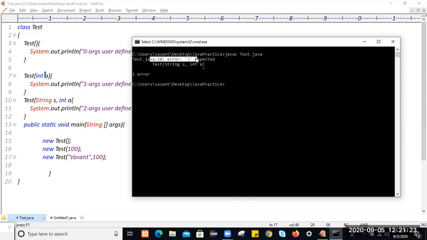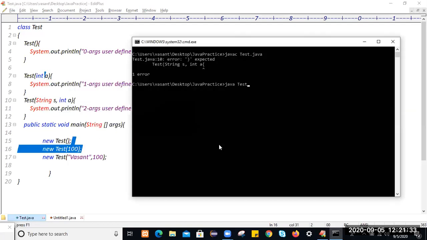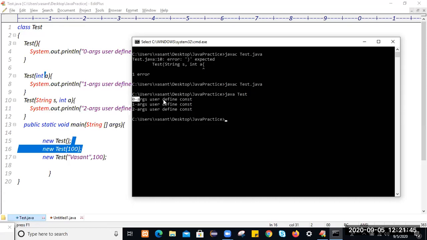At line number 10, yeah, we missed a bracket here. So let's compile. Not an issue. We should get errors or exceptions during compilation time and runtime. Then only we will learn Java. To run it, just use java. You see, zero constructor will get executed, one constructor will get executed, and two constructor will get executed.